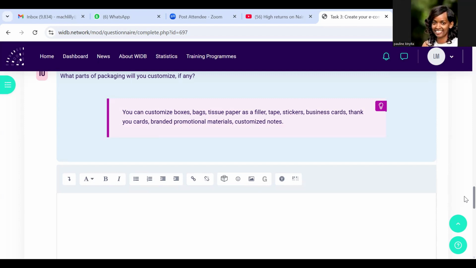Yeah, so it's called Prosper Collections, but no, I don't have branded packaging materials. Maybe that's something I can consider working on after this class. Yes, because it makes you stand out from every other person in the business. And you can start small.